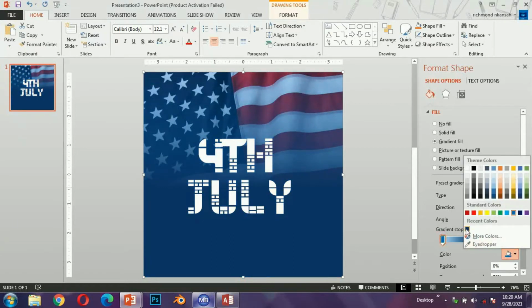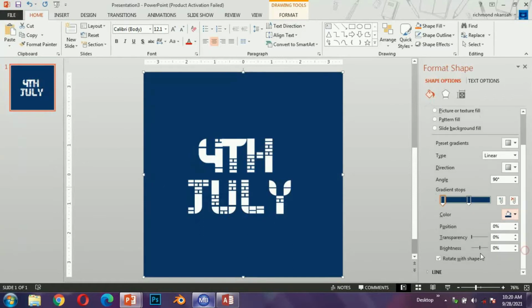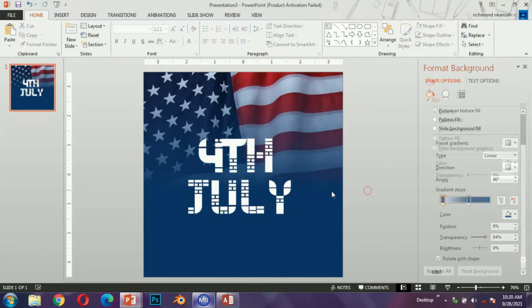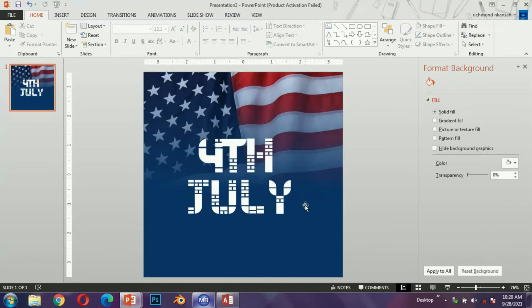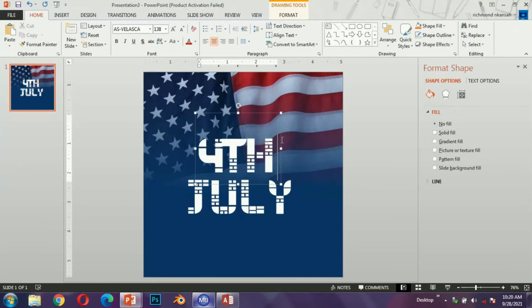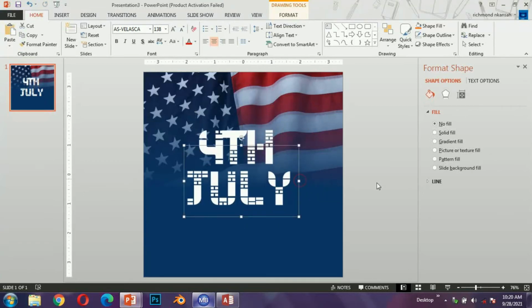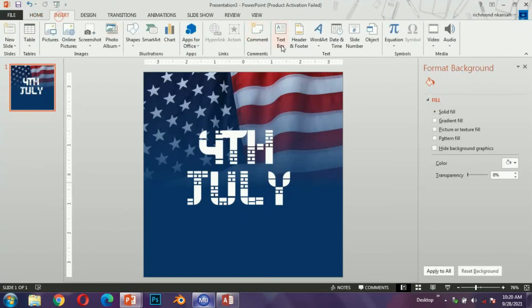And I quite remember the transparency, we didn't exactly choose 100, but I just reduce it small. And after that, once we are done, we are just going to indicate that 4th July is an Independence Day for the great nation of America. So I'll just insert another one where that,